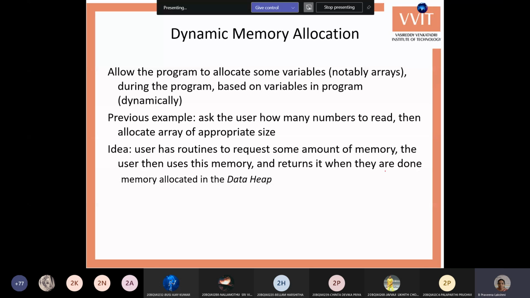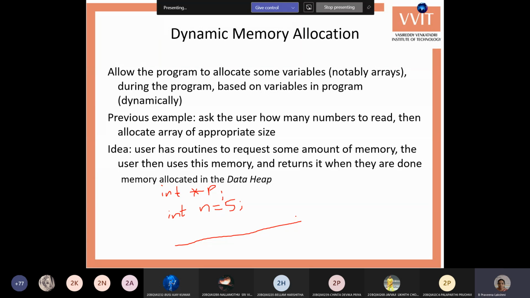Say for example, I have a pointer variable like int asterisk key. I want to use it as an array. Then I can create a variable n, and I can take the value for n, either with scanf or by assigning, like n equals 5. Now here you can do the memory allocation. It is not required to allocate at the time of declaration.